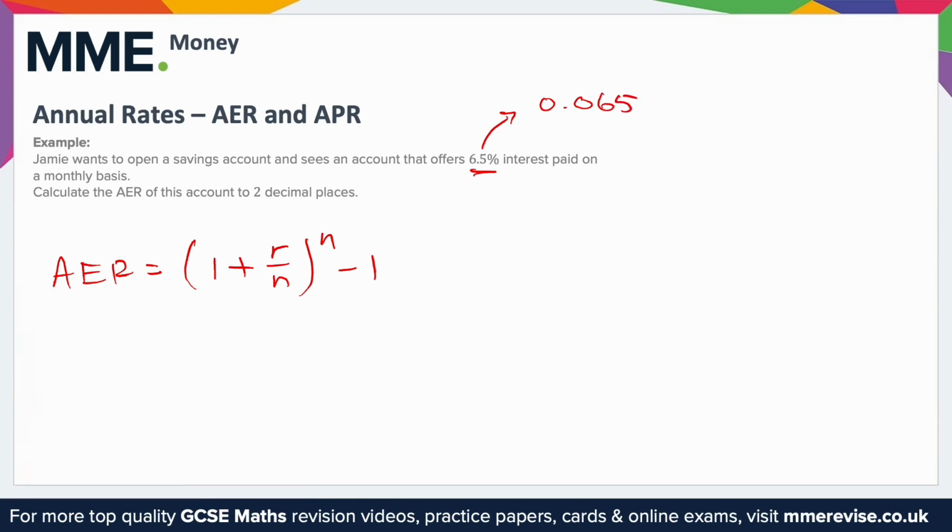0.065. And then it's on a monthly basis, which means during a year, it will be paid out 12 times. So this is R, and we know that N is 12. We can substitute those in, and we'll get (1 plus 0.065 over 12) to the power of 12, minus 1. Here, we could simplify it down if you want to, or just stick it straight into your calculator, and you will get